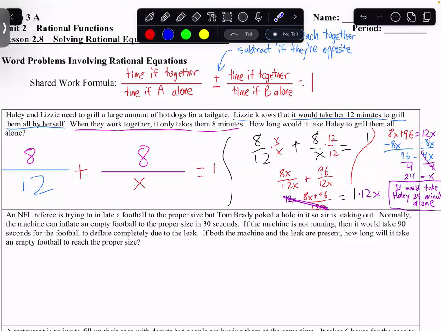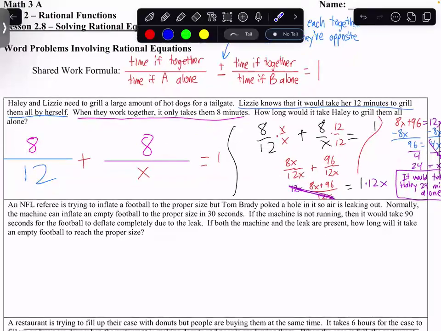But if the machine is not active and there's a leak in the football, then in 90 seconds the football will deflate back to nothing. Okay, so if the machine is on, but air is still leaking out of the hole, how long will it take the football to fill up? Okay, so this is based on a real life situation, by the way. I don't know how many of you follow football. But anyways,